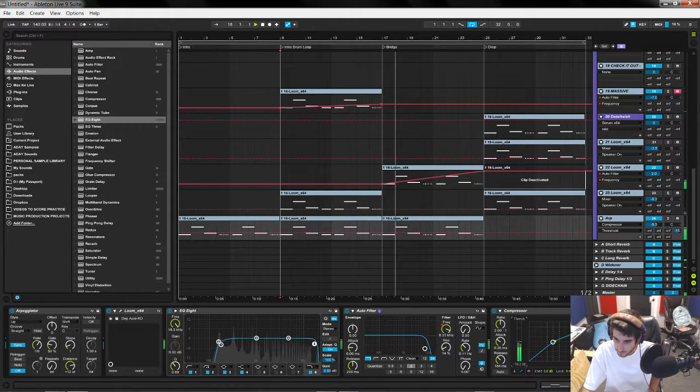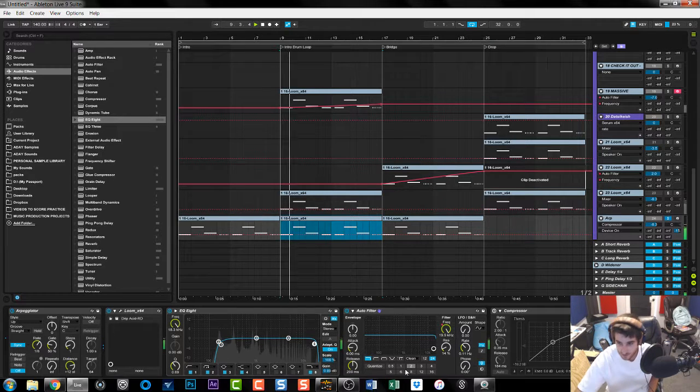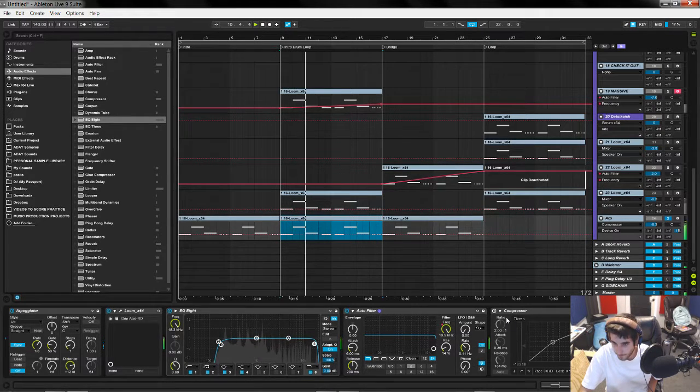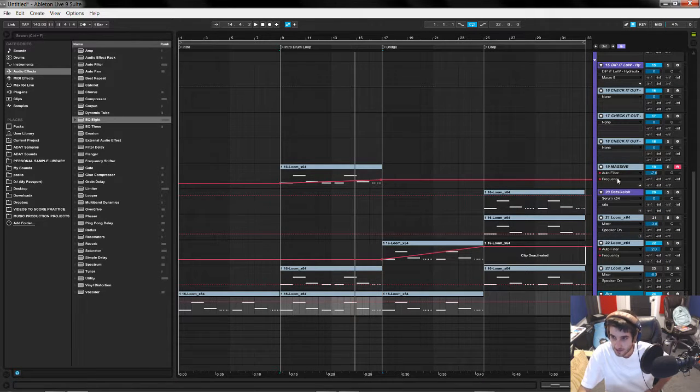Squashing it, because those notes, like... Yeah, it's much better when those high plucks come in. Cuts them back a bit. I like that. I like that.